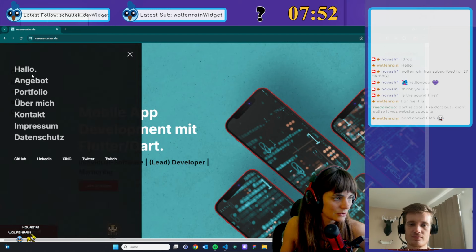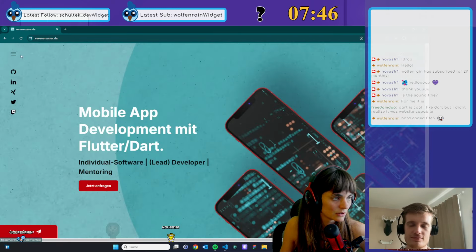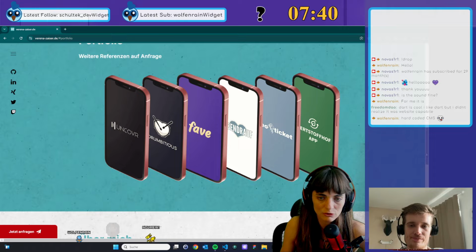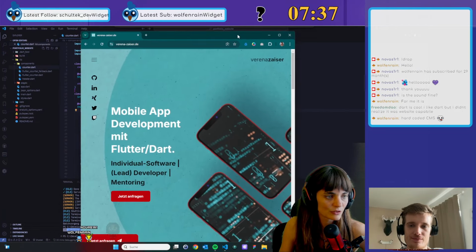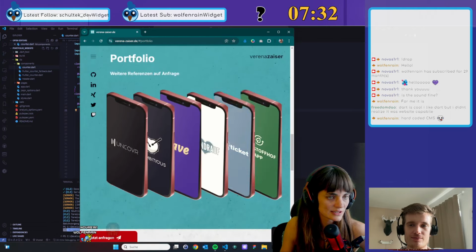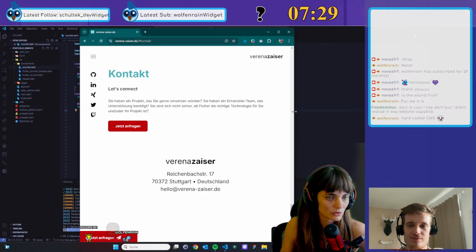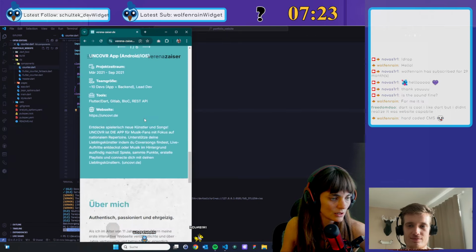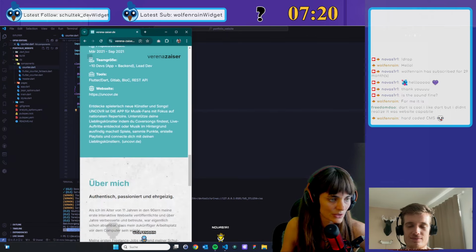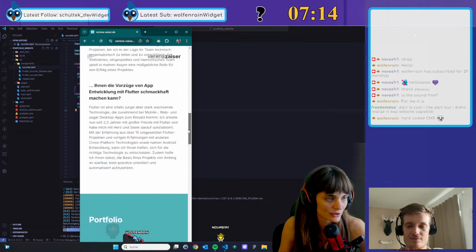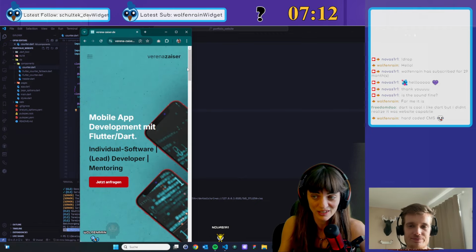And we have a menu here where you can just click on all the fancy links, and then normally you will be just scrolled down the page. So that's it, I think, from responsiveness. It does something, but nothing special. So it should be able to be viewed on mobile as well. But everything is just basically scaled down or put into one column. So that's also nothing super special, I would say.